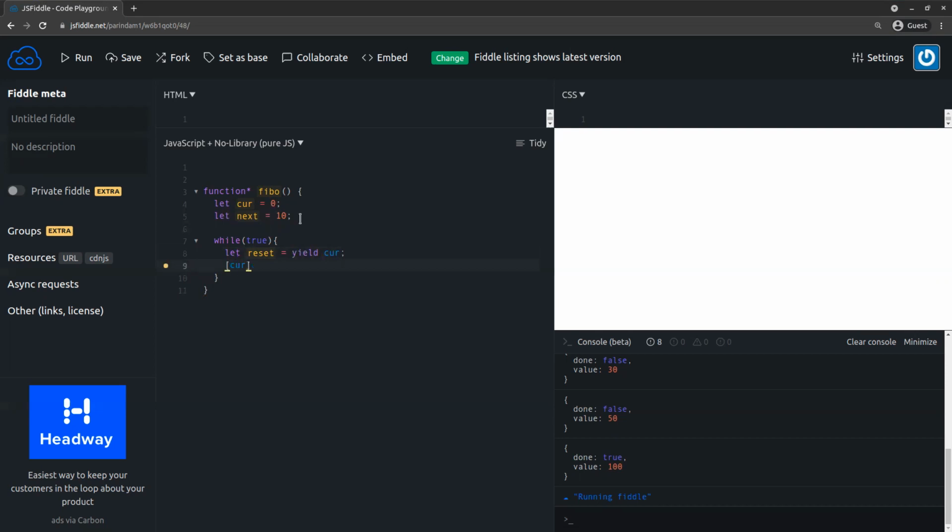Then current, next equals next, next plus current. So if that reset is there, that means current should be 0 and next should be 1.